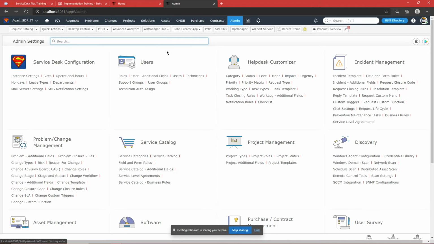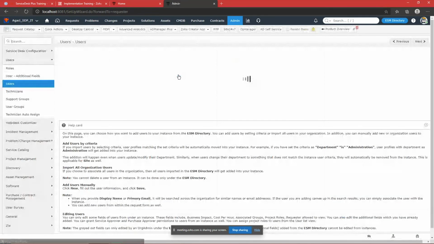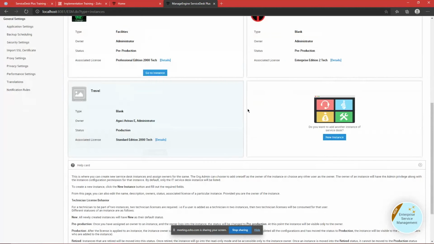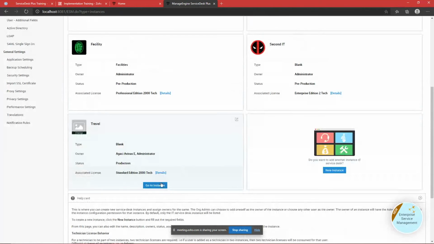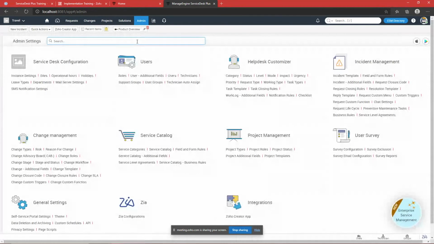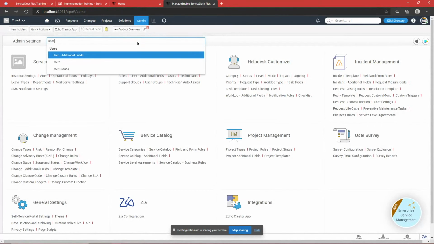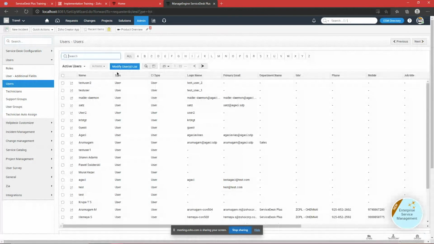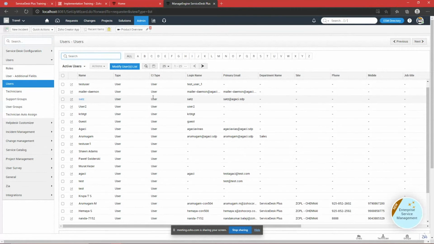So as the first part, I hope I have already shown that to you, like importing users. Let me show that again. You have to ensure that the right users are in the right environment. So if it is going to be travel, of course you would want all the users to be imported. You would have seen that I have imported users by clicking on all the users to be imported, or